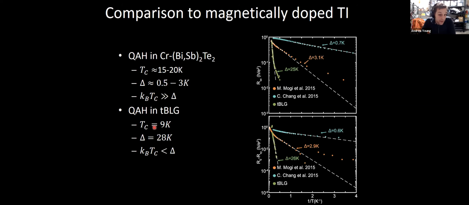In twisted bilayer graphene, we find instead a Curie temperature, this should be 7.5, it depends how you measure it, of about 10 Kelvin, and then an electronic gap that's several times larger than that. So that's more suggestive of a clean system, in particular to the extent that we've been able to compare this with quantitative theoretical models. This seems to be more or less in line with what's expected.